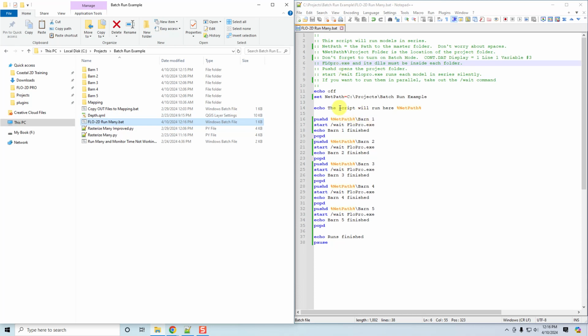First, it's going to turn the echo off so that we don't get a lot of extra junk in our command window. Then it's going to set the net path to project 2 here, and then it's going to echo that the script will be run on the net path. And then it's going to push into the first project folder, and it's going to start the FLO-2D.exe, but it's